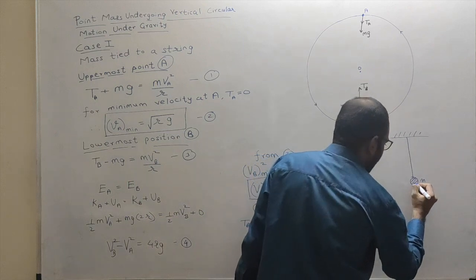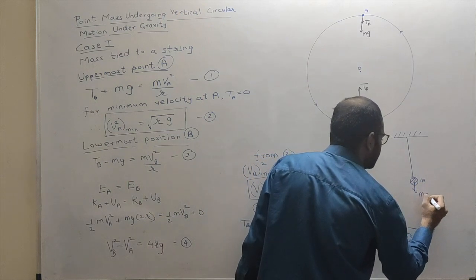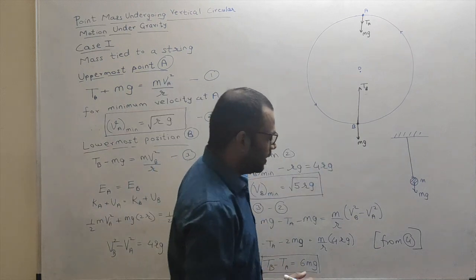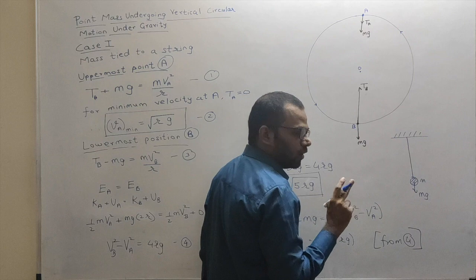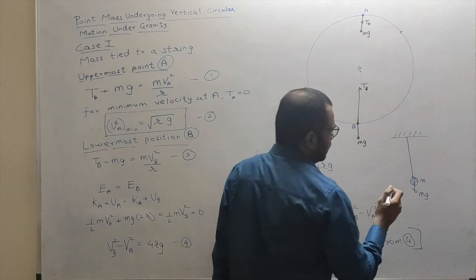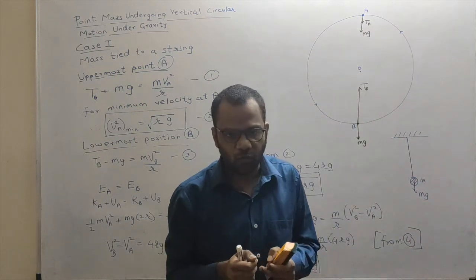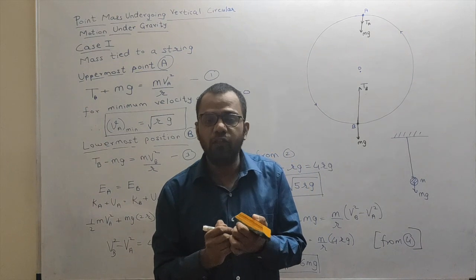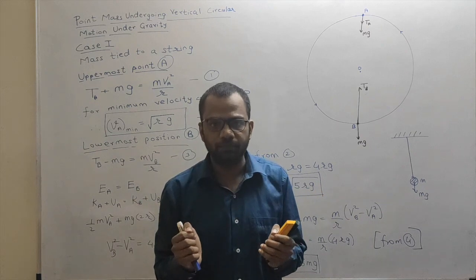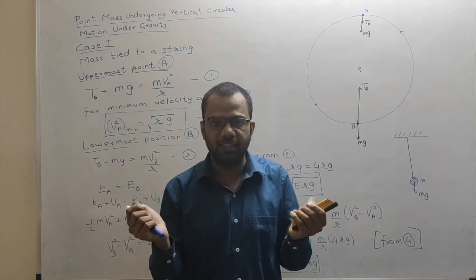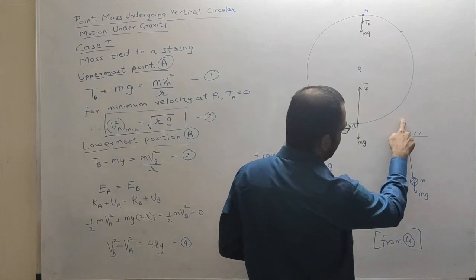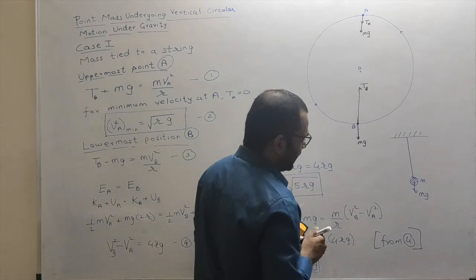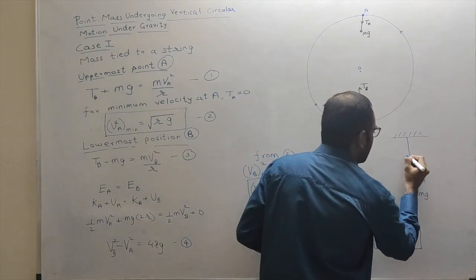Now the gravitational force will act in the downward direction. There will be a tension in the string. How do we determine the direction of the tension force? There will be a tension in the string means what? The string itself will apply force to whatever objects it is connected to. Now this string is connected to the rigid support and the object over here. To find out the direction, just put a cross on this string.